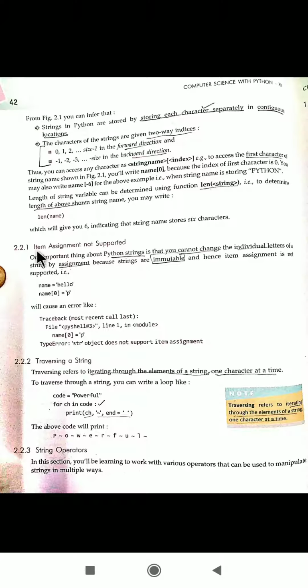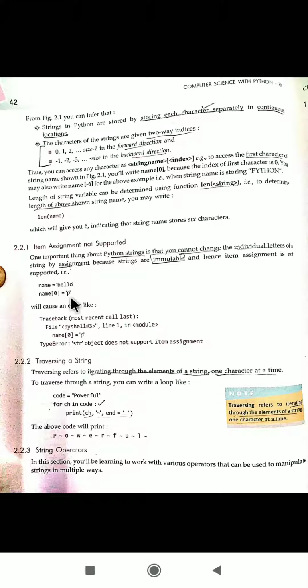So the next topic is item assignment not supported. What is it trying to say? We have already read strings are immutable. Immutable means we cannot change the items present inside the string. Let us say the name string is holding the word hello inside it, and we know h is stored at name[0] location.